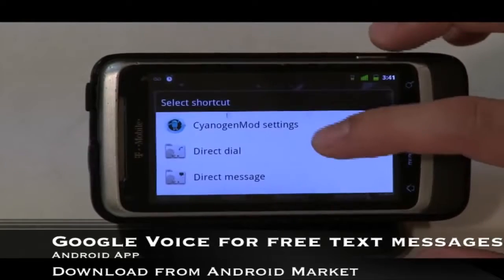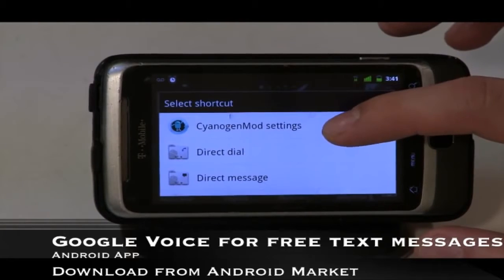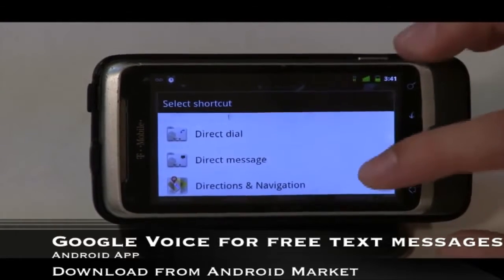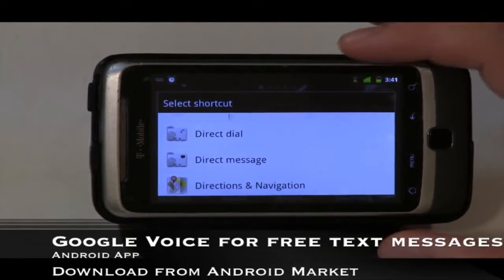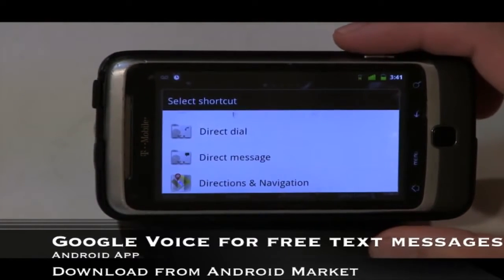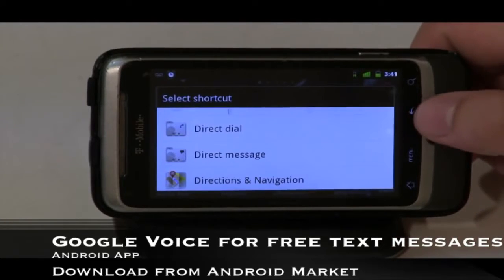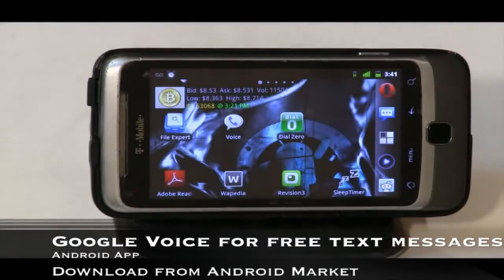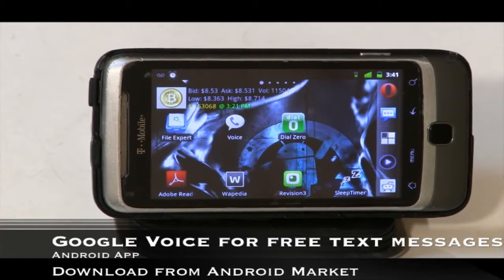The first one is if you have somebody that you frequently dial or that you text message. You might not know this, but you could go anywhere on your home screen, tap an open space on your home screen, tap a message, so you could add Sally Sue or whoever, or Jiminy Cricket, if you want to. You could direct message them, direct dial them. So it'll open the dialog to dial them or to message them. And then the next one is, you could also do your favorite